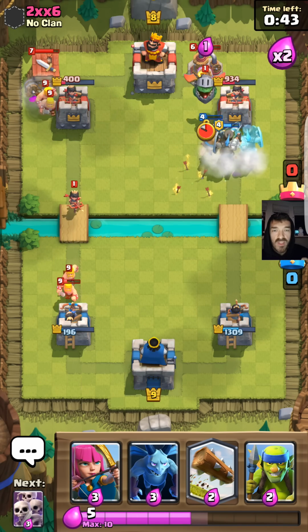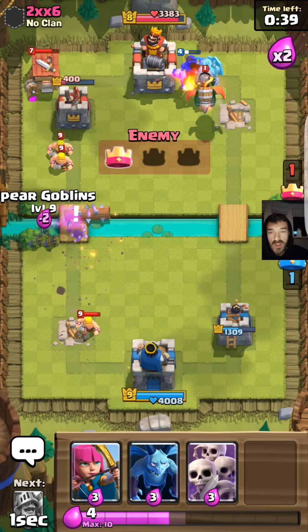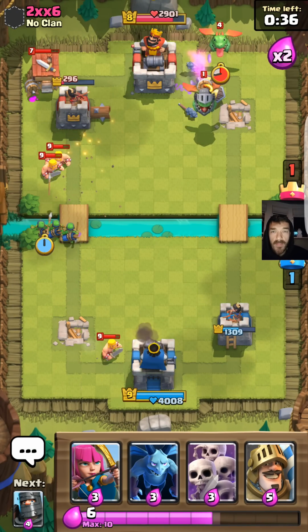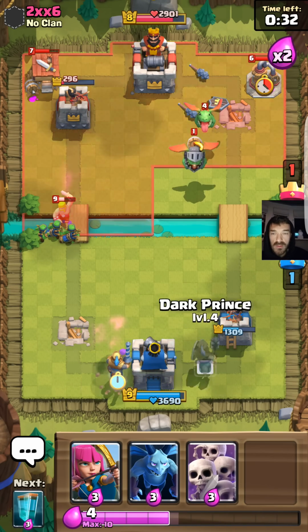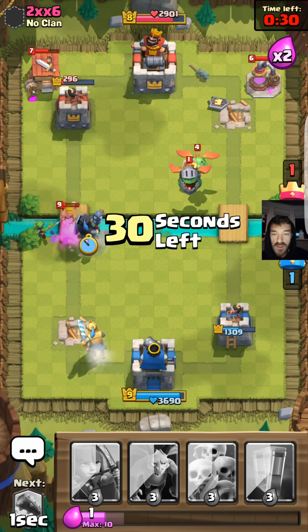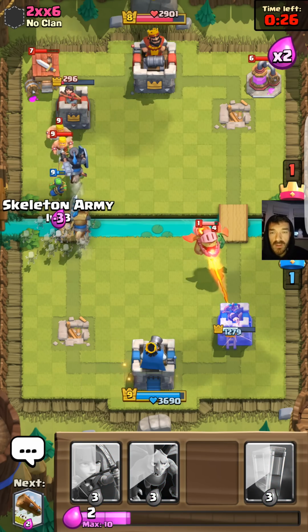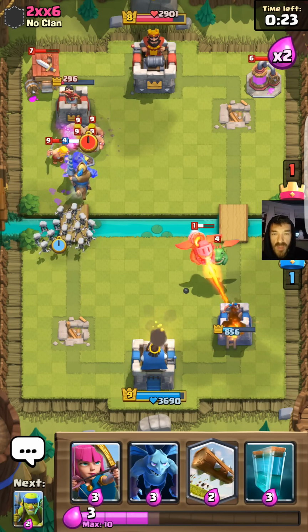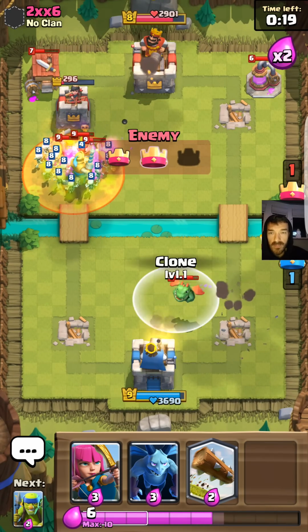I kind of did my duplication wrong, but it didn't really cost me that badly, and I ended up getting the tower, which was fine. But there's a timing to it, and if you do it right, then you end up getting the timing really perfect. Oh my goodness, this guy's wrecking me, and he's got